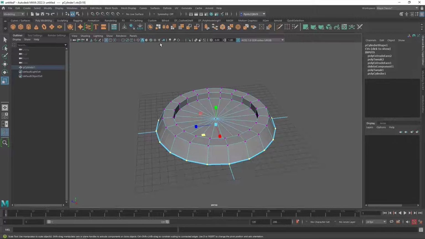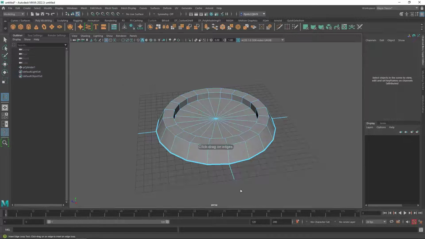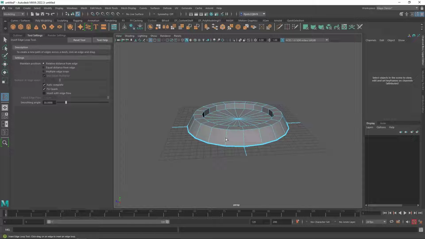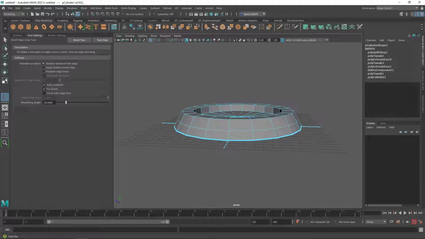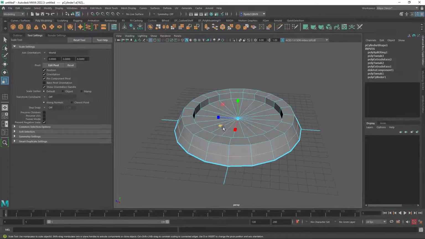And now let's use our Insert Edge Loop tool under the Mesh Tools, and double click the tool to make sure you have the tool settings correct. I'm going to uncheck this Insert Edge Loop with Edge Flow box. Make sure yours is not checked, and then I'm going to put an edge right in the middle there. And then I'm going to get the scale tool and double click on that edge to select the whole loop. And not holding down Shift, I'm just going to scale that out to sort of round that clock face off